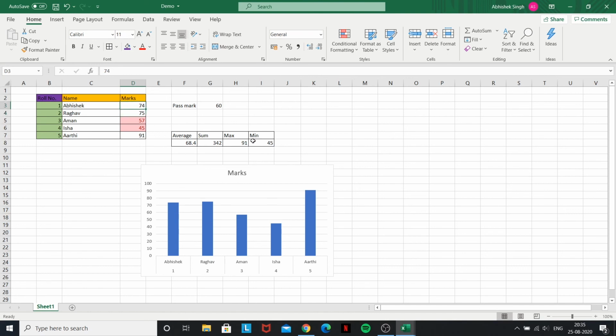Now if I say 74, if I make this 59 and I press enter, it realizes that the pass mark is 60 and we had formatted these cells to highlight themselves if they are less than 60. And as this is 59, it's highlighted. The average, the sum, the max, the minimum, all of them have been updated based on this new cell, and so is the chart. Now if I change this to say 94, you can see max is changed. If I change it to 35, the minimum is changed, and so on. So the reason that these functions are so effective is because they're active functions, and based on what you change in your data,